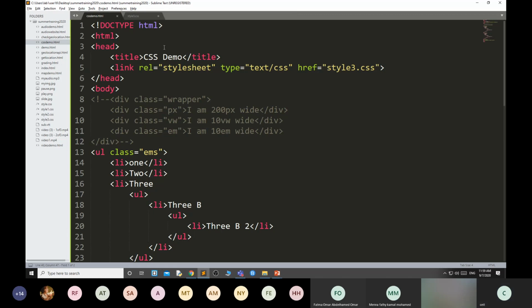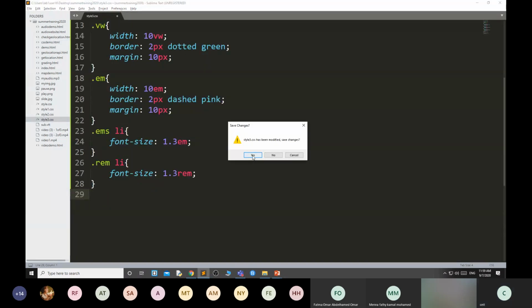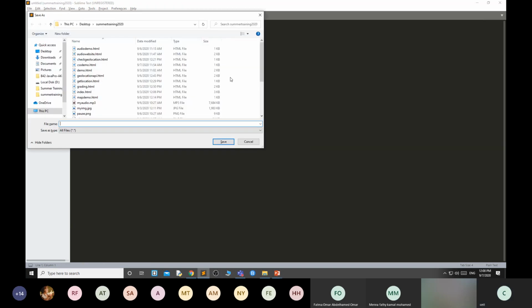Let's say I will create another HTML page, and I give the name as CSS demo 1 dot html.